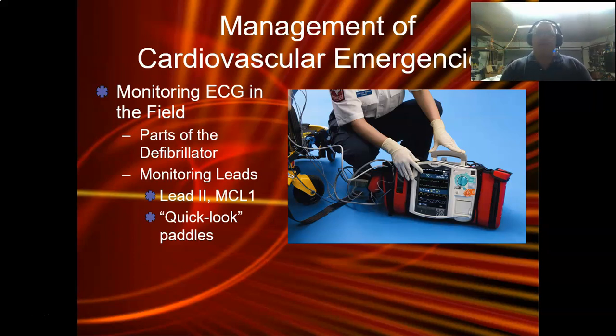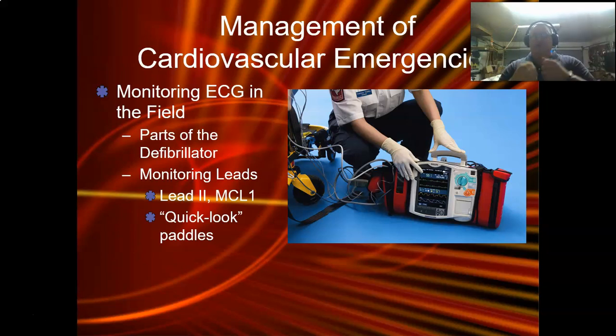Quite frankly, if you're not putting all 12 leads on a cardiac patient, my theory is that they've got a pulse and a problem. All right, they get a 12 lead. Okay. So again, the quick look pads. All right. Remember, the cool thing about the quick look paddles is back in the day when we actually had